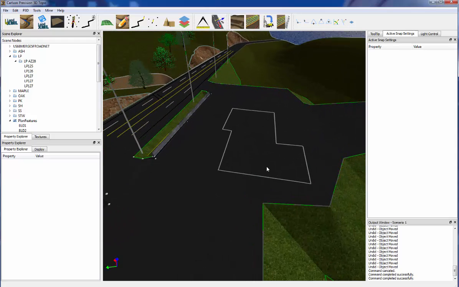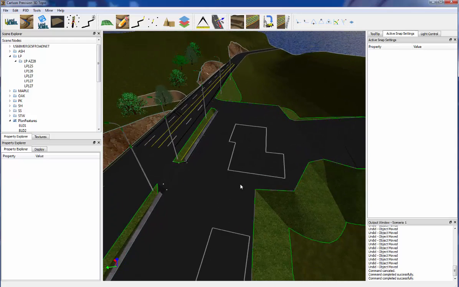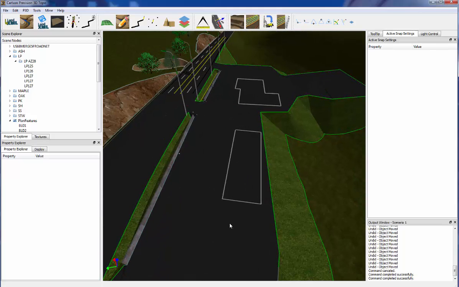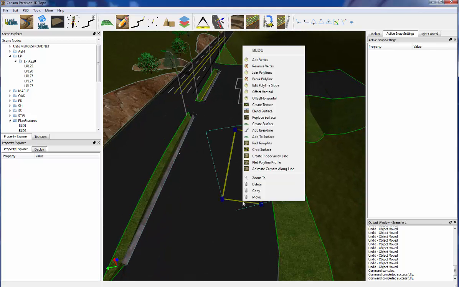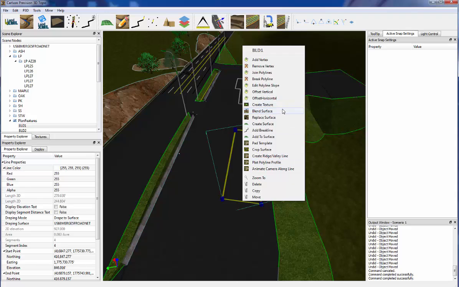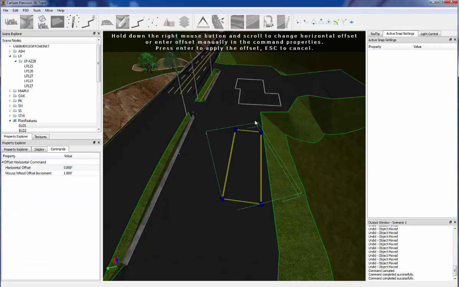Now, other new commands that we have are some additional polyline commands. These are building outlines that came in through survey data. And we now have the ability to join polylines, break polylines, edit individual slopes, and we have a vertical offset for polylines and horizontal offsets. So I'll show the